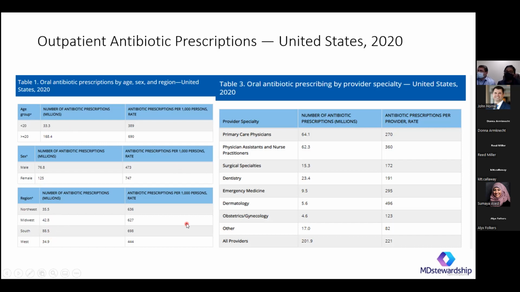And as far as providers, primary care physicians, nurse practitioners, and physician associates are prescribing antimicrobials the most. So if you want to make a difference in antimicrobial use, I think focusing on some of our primary care physicians and outpatient will be really helpful. They're doing the best that they can, but anything that we can do to help and reduce the